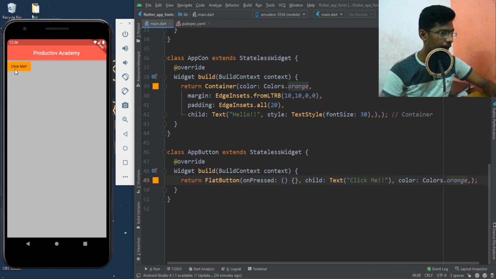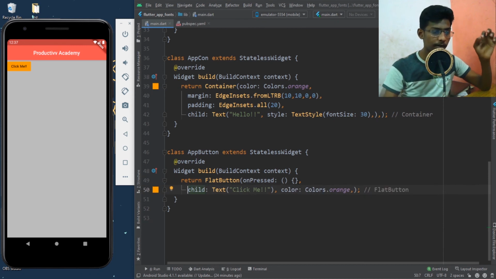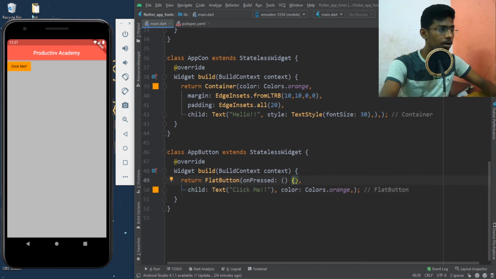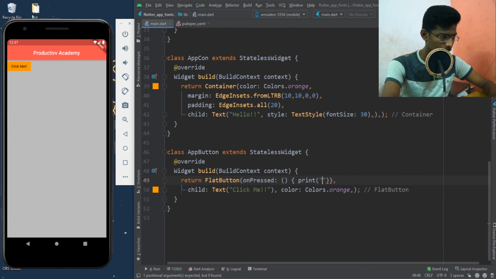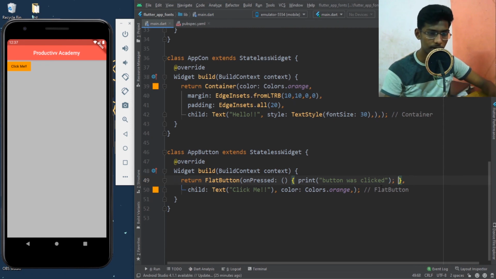Yeah, this is my button, and if I click it right here, there's a clicking operation done, and you can see the animation right there, but nothing is happening when I'm clicking the button. That is the purpose of my onPressed function. Whatever I give inside my function will happen whenever I click the button. So inside my onPressed function, I'm going to say print 'button was clicked'. This will be printed in the terminal window, not in the app. I need to give a semicolon at the end.